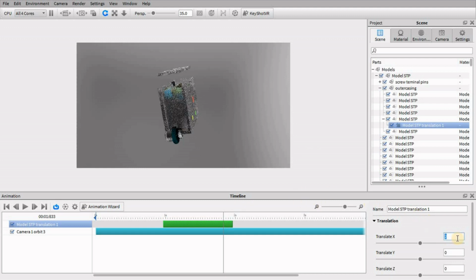Now translational motion to upper side of casing is given.